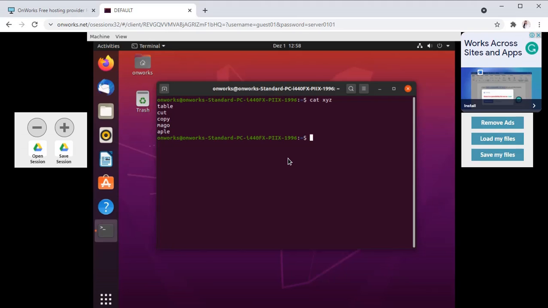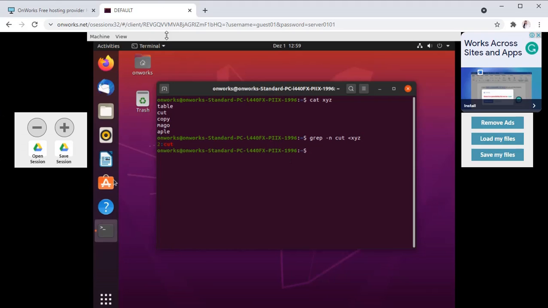So what will we write? grep -n cut, and in which file? XYZ.